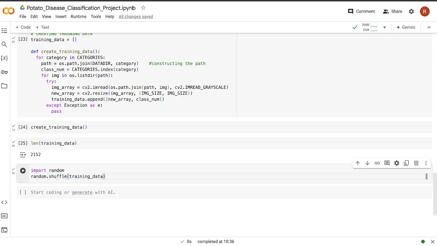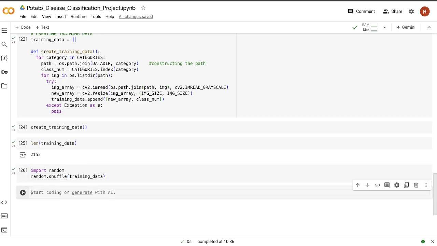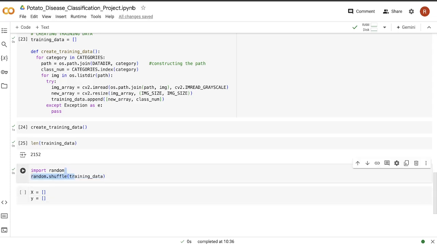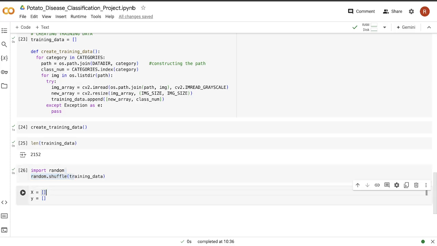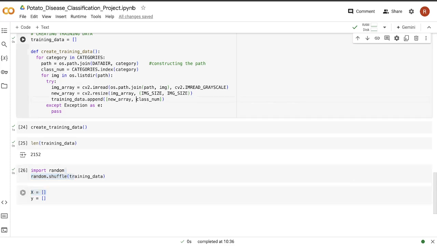Now we have to divide our training data like we do in our traditional machine learning approaches, where we put all the input features in the variable x and the target feature in the variable y. So here I will create an empty input list, that is x, and an empty target list, that is y. So from this training data, all the image data will be appended in the x list, and the labels that we have added, that is the class num, will be appended in the y list.